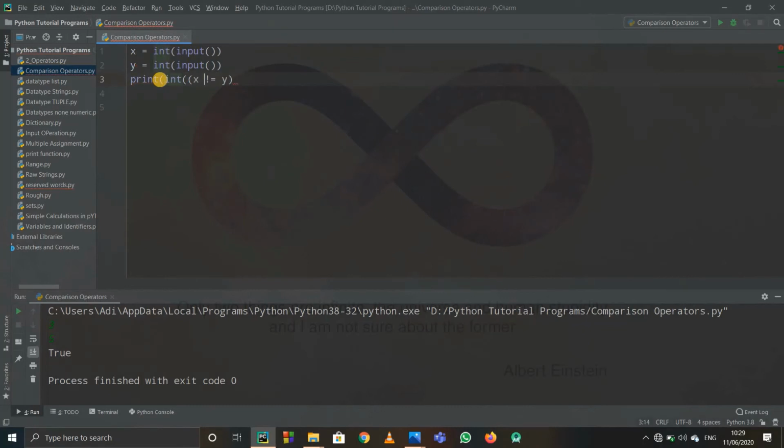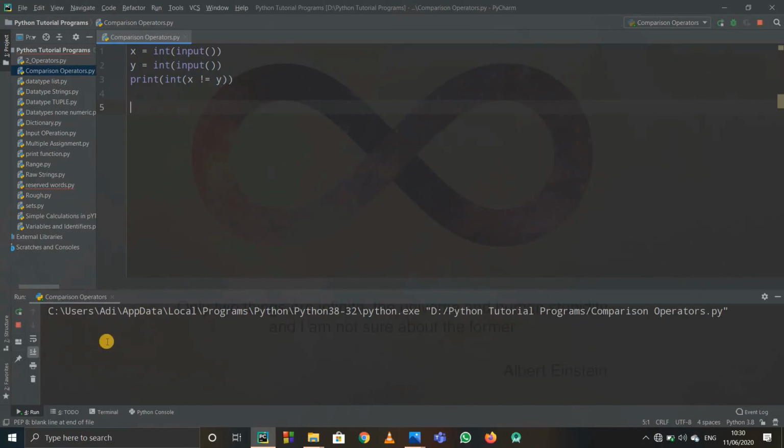You can print out the integer value of x not equal to y, rather than true and false. So in parentheses you just have to write int and x not equal to y. The integer value of this whole thing in brackets might be 0 or 1. For false the value is 0, and for true the value is 1. So in the parentheses of print, it will print the integer value.